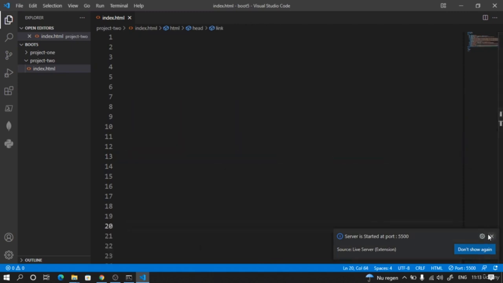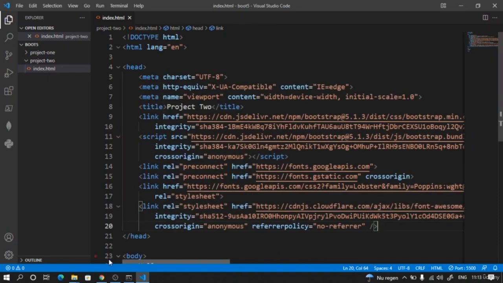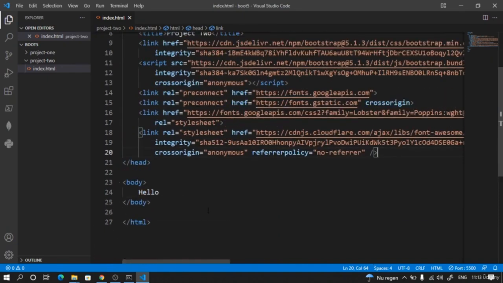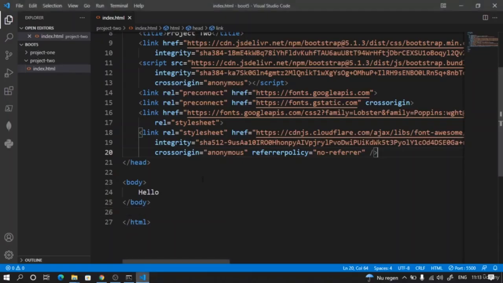Now if we go to our application or the browser, we will see the font automatically getting applied on the hello, which means our Bootstrap is working. So let's apply the font. Let's write a little bit here, hello world, and